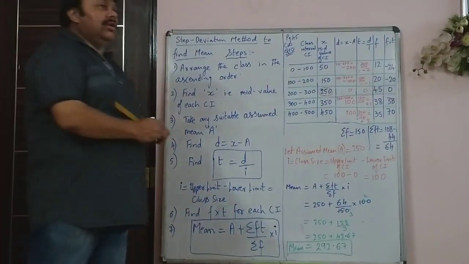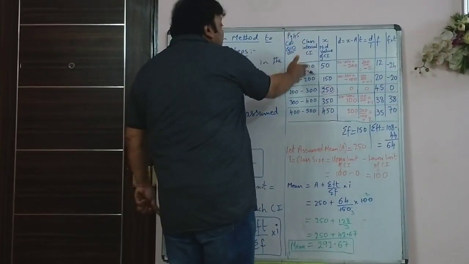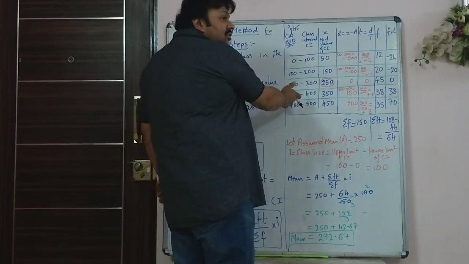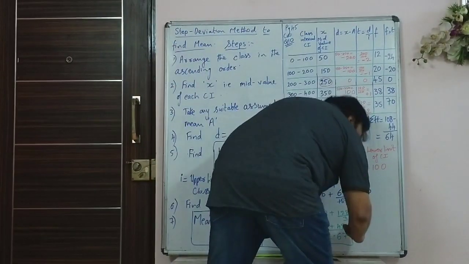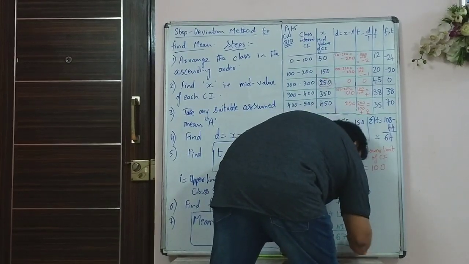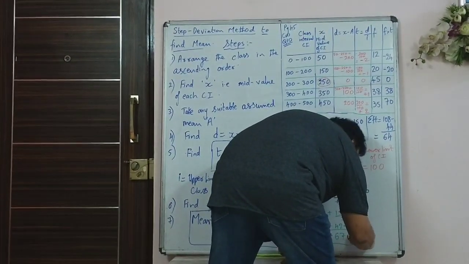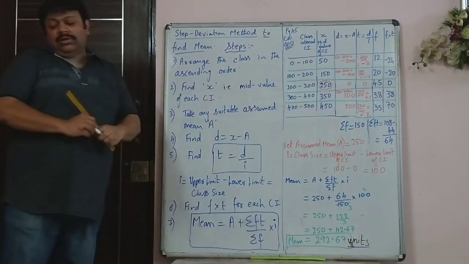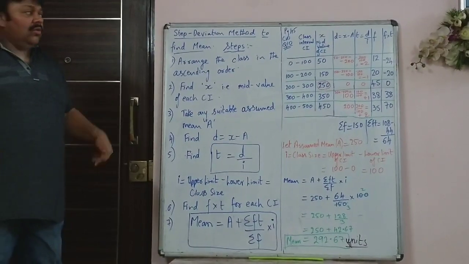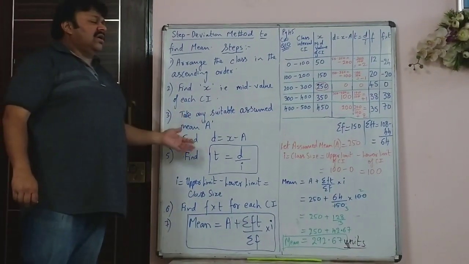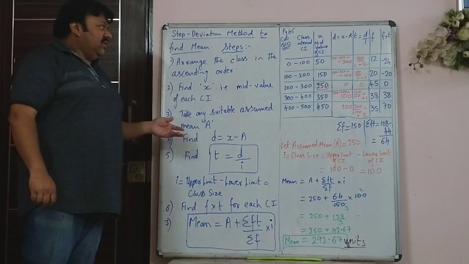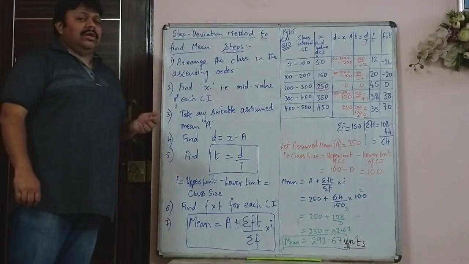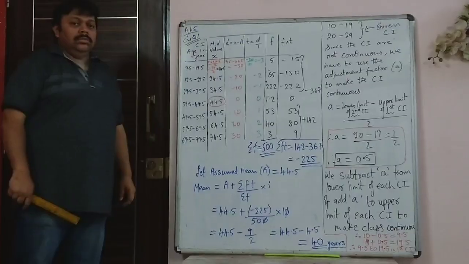Because there is no unit, you don't know whether this is class interval marks or it is some other rupees, wages of workers, anything. So instead, because you don't know what the unit is, you can just mention it as units. So we will go on to the next sum. This is again very simple. After we finish with mean, we will start with mode, which is again a simple part today.